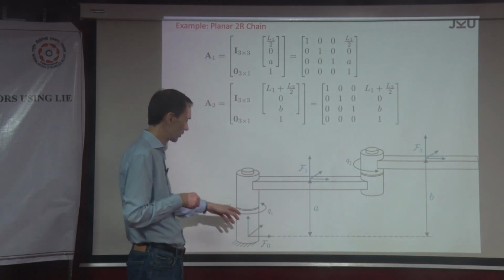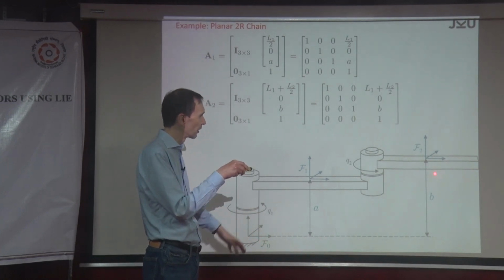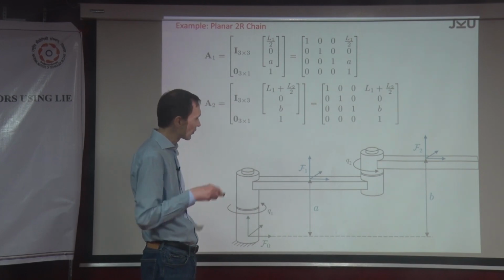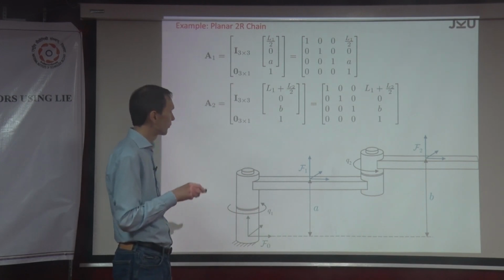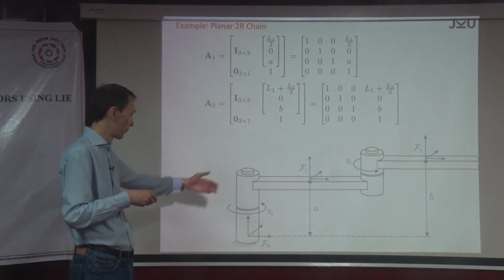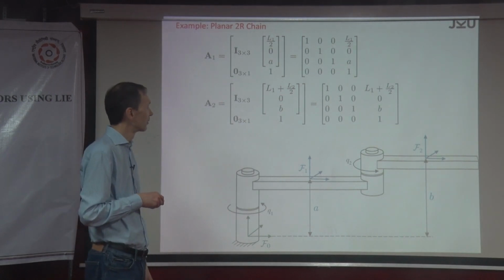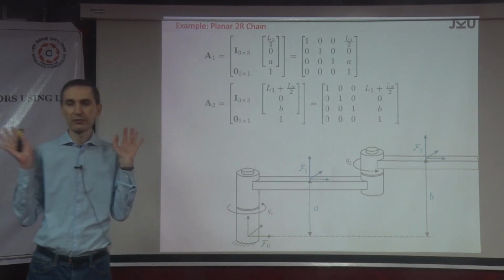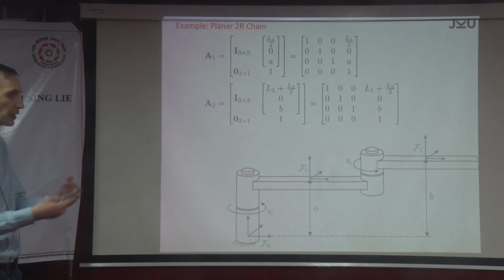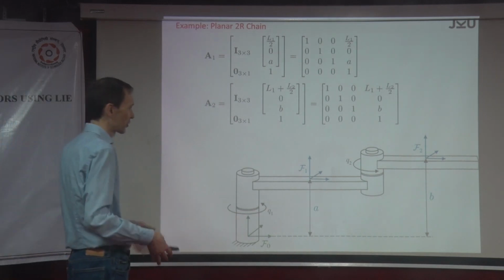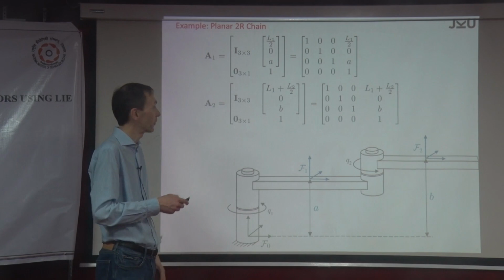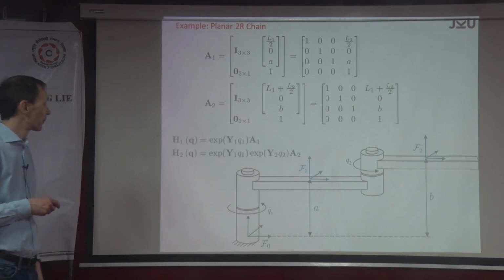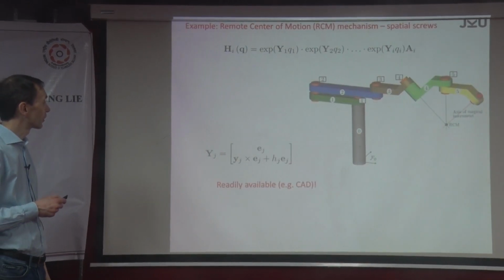I'm sorry, what did I say? No, this is L1 plus L2 half, okay? Which is exactly this one. And then the offset in the z direction is b, so we have b, and there's no displacement in the y direction. So that's it. So you have the two matrices. I mean, this is what you get by inspection. There is nothing to compute, just read it off the picture or whatever drawing you have. Yeah, and then you plug it in, and then if you do, then you get the